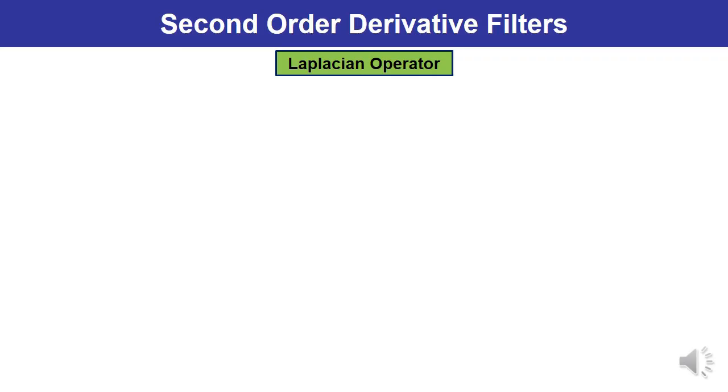Now let us discuss the Laplacian operator. You know that till this particular point, the Laplacian operator is a second order derivative. We have discussed it in previous cases as well. So just to revise how this Laplacian mask is going to be applied in some of the cases and how to evaluate it.